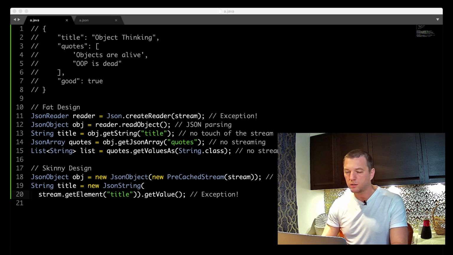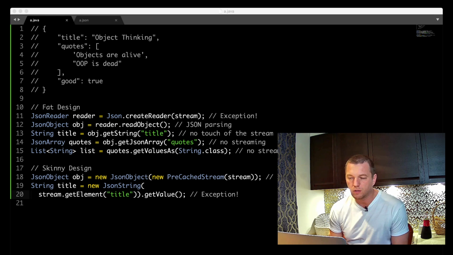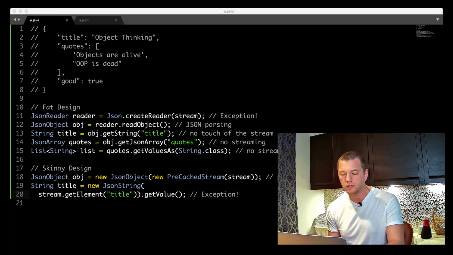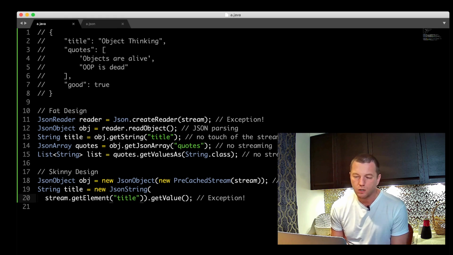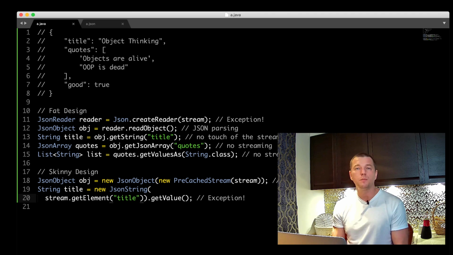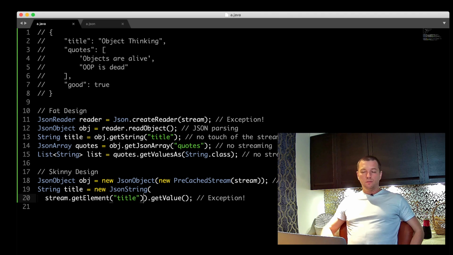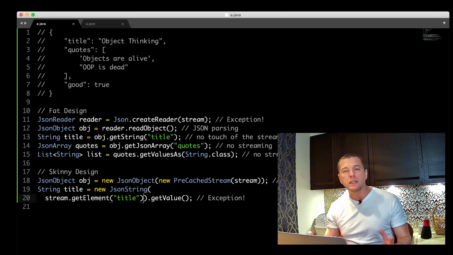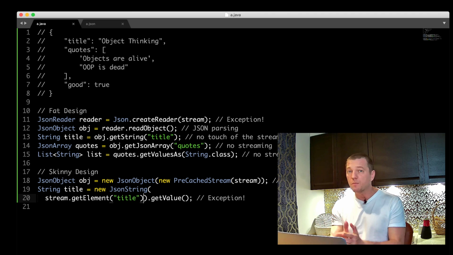So that's basically all I wanted to tell you. I don't see any more big questions from you. So think about that. Think about how you design your classes, and maybe you can be more skinny. Don't make your interfaces large. That's also very important, because large interfaces are a problem.